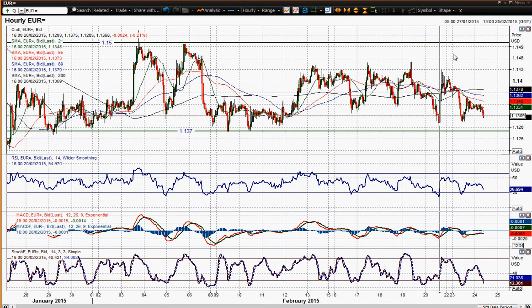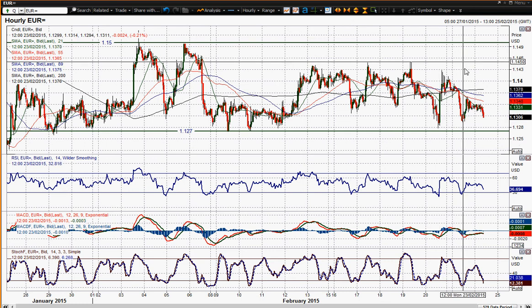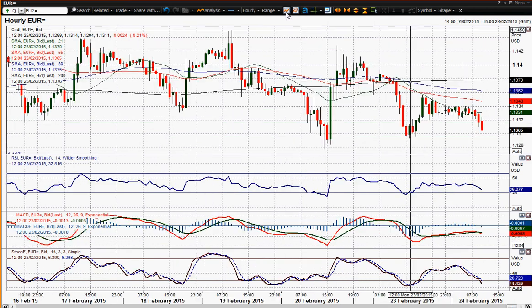from that resistance now at 1450, formed a lower high at 1423, but also now overnight a lower high at 1360, which is this one here. So it just looks like the pressure is beginning to build again, and just on these momentum indicators, for example,